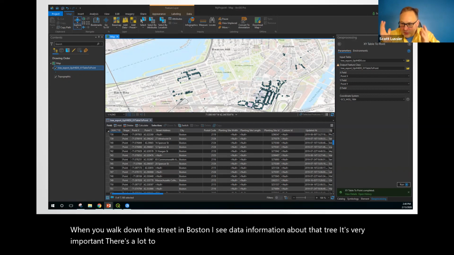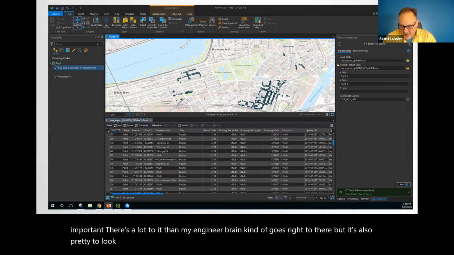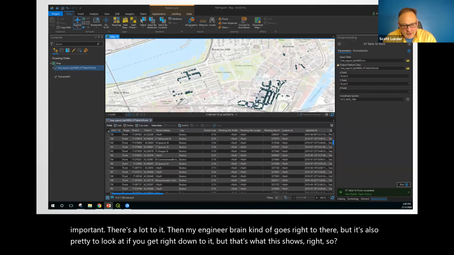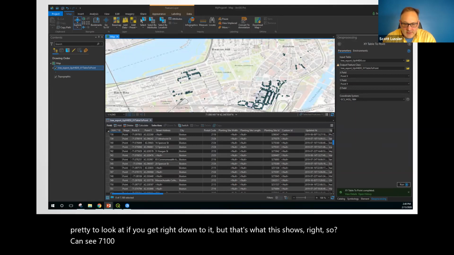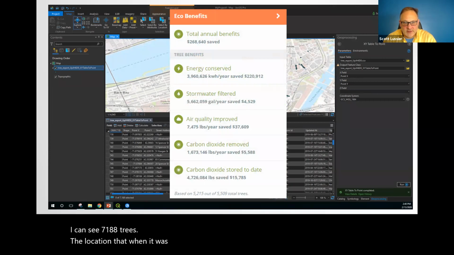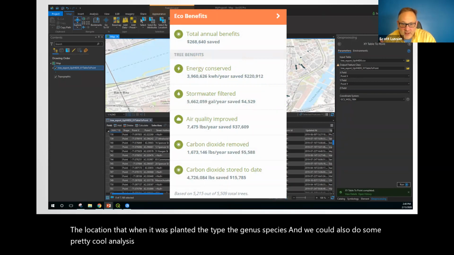My engineer brain kind of goes right to there, but it's also pretty to look at if you get right down to it. But that's what this shows, right? I can see 7,188 trees, the location, when it was planted, the type, the genus, the species. And we could also do some pretty cool analysis, right? We can then say, okay, of all these trees, we've filtered